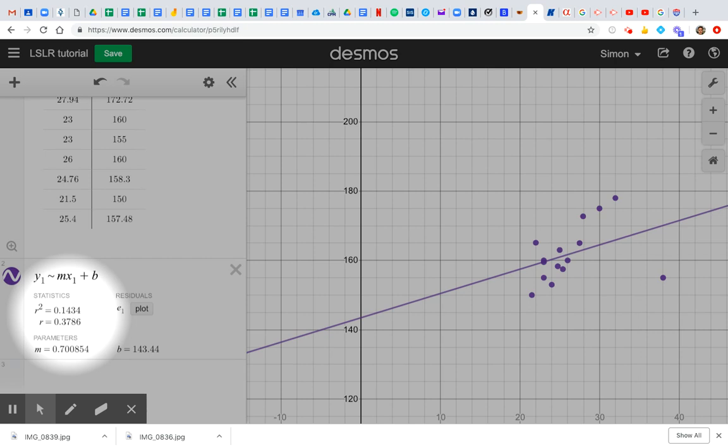And what it means is our line of best fit, our least square residual line, is not a very good model because the line only explains 14% of the variation of this data. The rest of it, 86%, cannot be explained by our model, and therefore our model is probably not a very